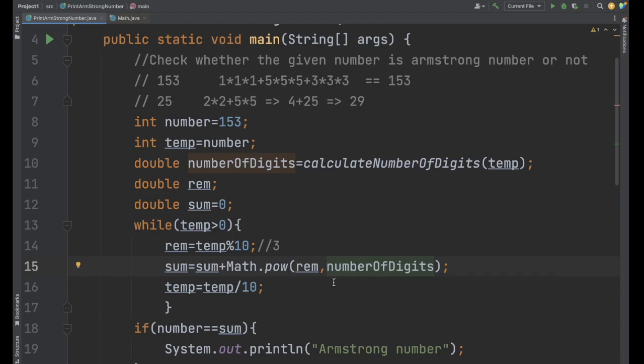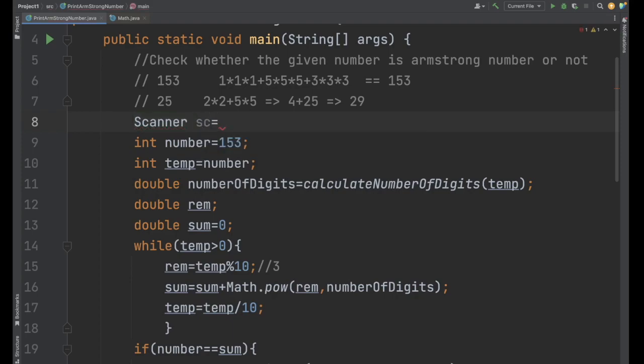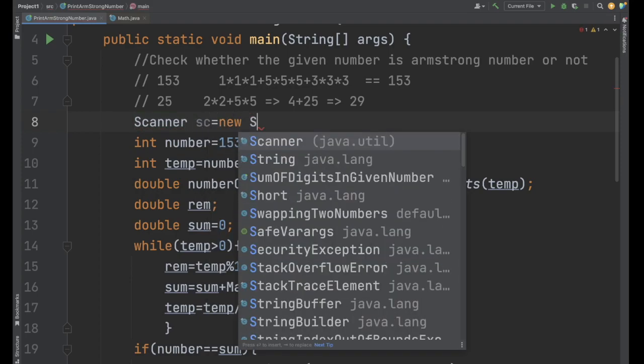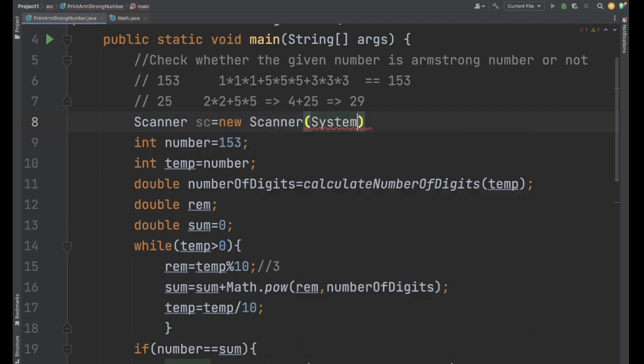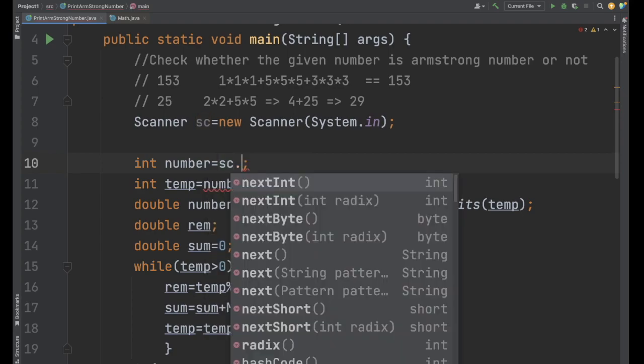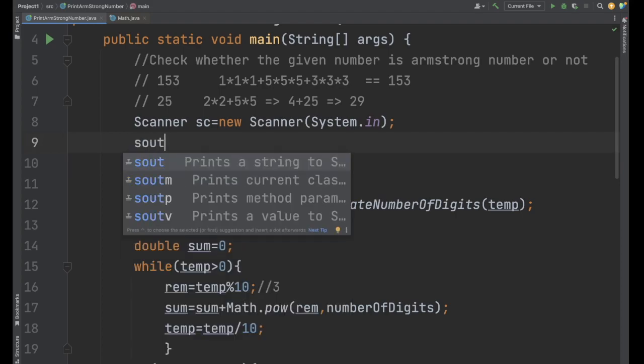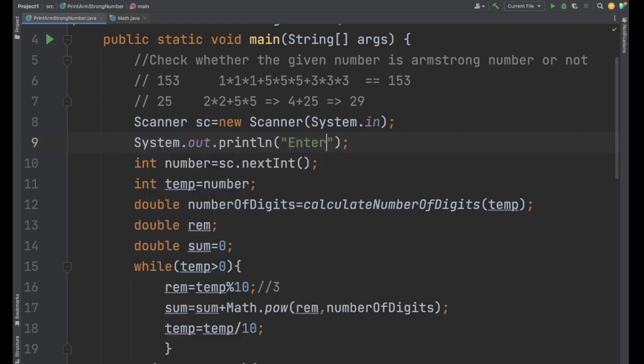Now if I save this, instead of hard coding this number, let's take the input from the user. To take the input from the user, let's use the Scanner class. So Scanner sc is equal to new Scanner, and here we can write System.in. Then instead of 153 we can write sc.nextInt. And for understanding we can write enter number. Now if I save the program and execute,